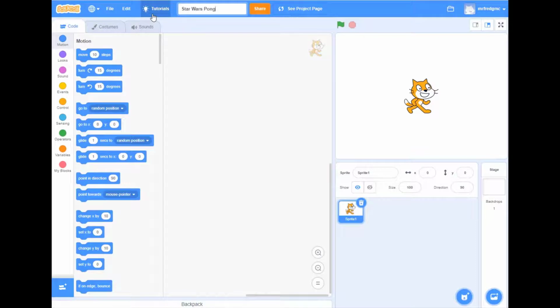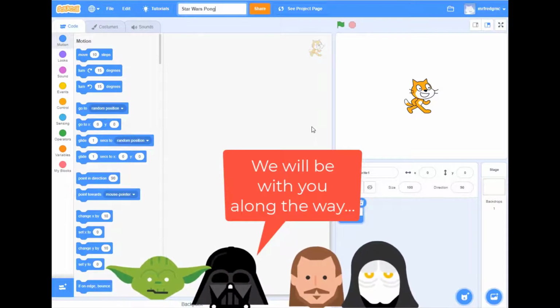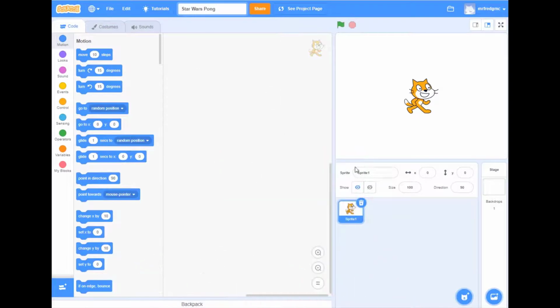Now, I love Star Wars, and in this game, we're going to use lightsabers instead of paddles, and we're going to also add some sounds that make it feel more like some kind of event in Star Wars, right? So the lightsaber clashing. We're also going to change up the colors a little bit. All right, so to begin, you are going to get rid of Scratch the Cat here, so we're just going